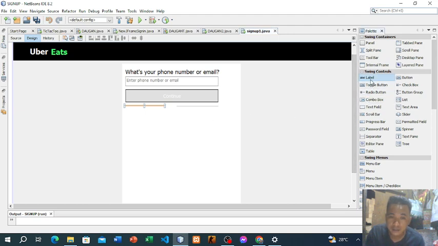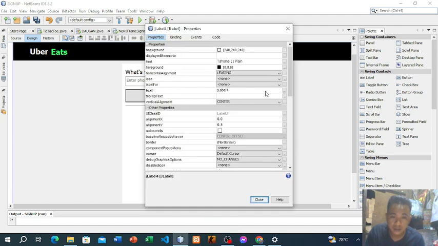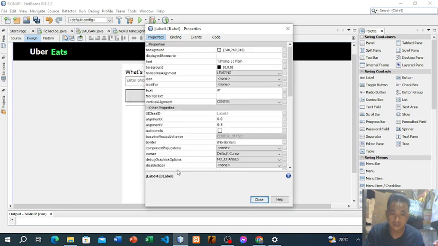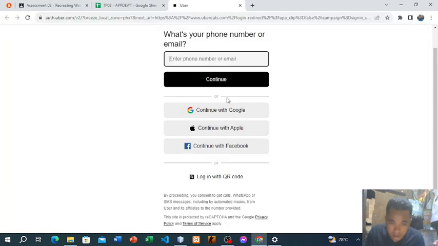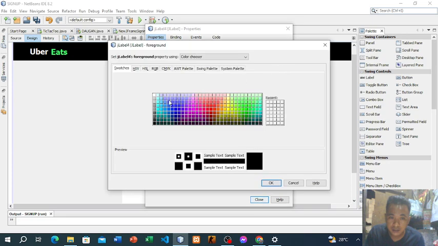Then let's add a label here. Let's go to properties, text, change the label to, or. Since it's gray, let's make it this color.